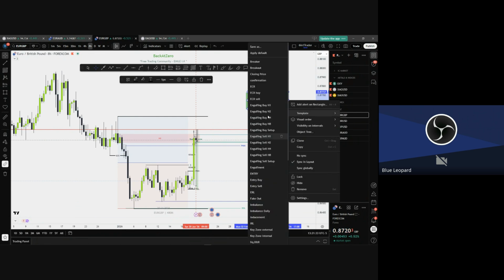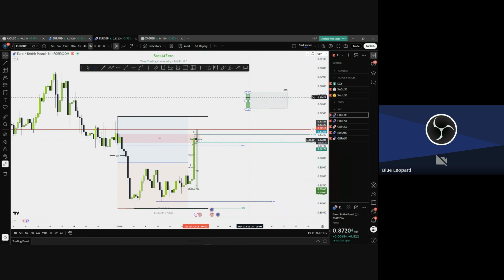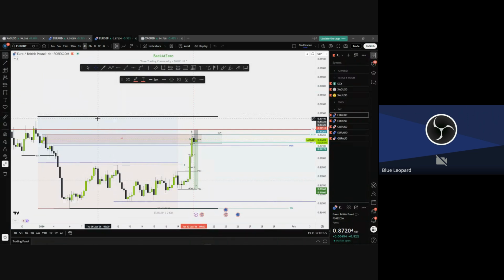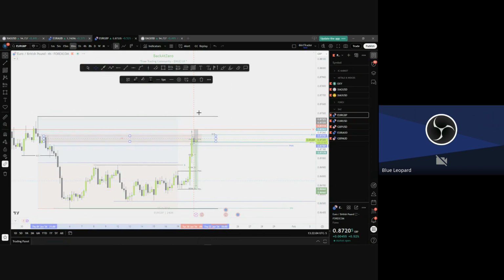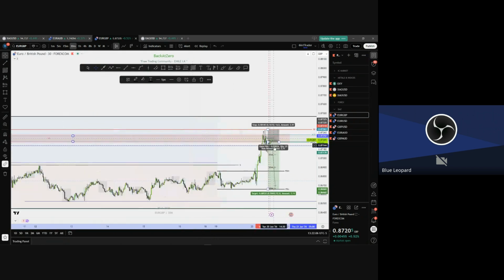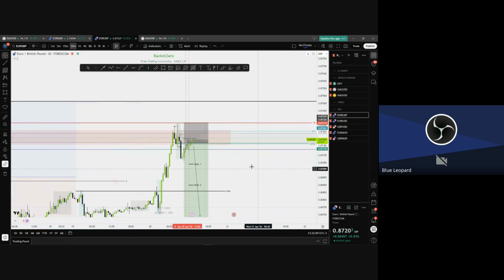And when you mark this as an ECR zone, you now have a reaction zone, because you're waiting for price to react in this zone, okay? And when I mark my ECR, I will go now on a lower time frame. I can go on H4 because I also have an engulfment on H4 here. So that's why I'm showing you the H8. It's a little bit bigger, but it's the same thing. But when I go on M30, when price reaches my zone, I have an alert. That alert will ring and I will observe what price is doing, okay?